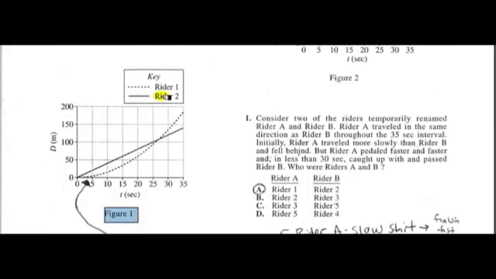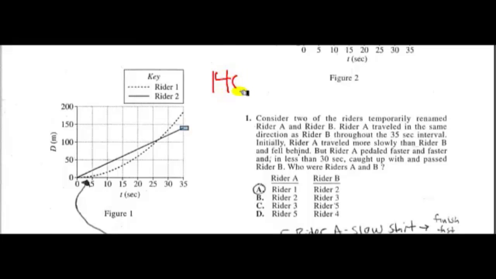And we're going to find rider number 2, which is this undotted line. It's the straight solid line. So here's the straight solid line, and we're going from 0 all the way over here to 35. And we notice that when we go from 0 all the way here to 35, that this number here is about 140. So a simple calculation to come up with the average, we will take the y value and divide